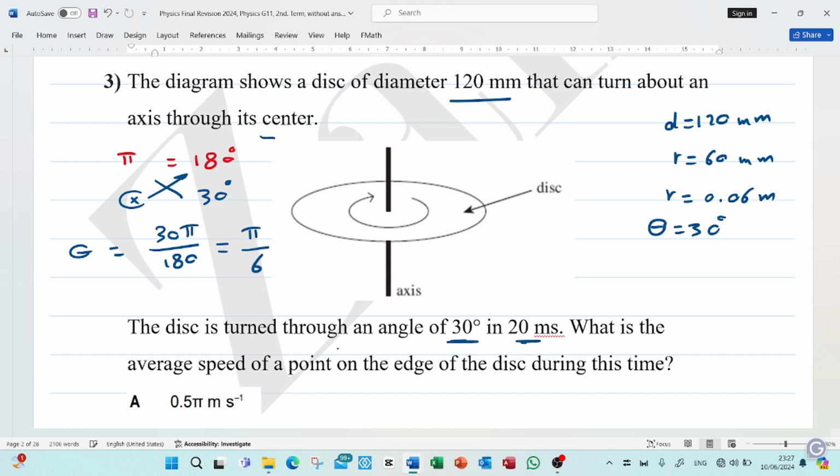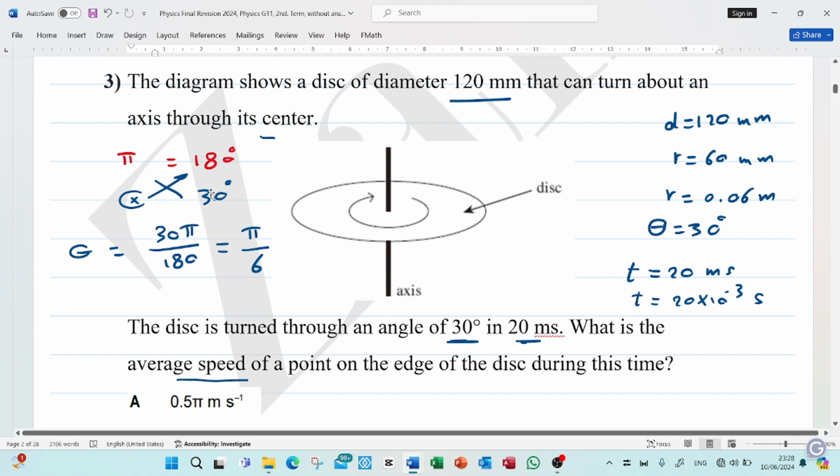In 20 milliseconds, the disk turned through this angle, so this is t small, not the time period, just t small. So t small, 20 milliseconds, we convert to seconds, 20 multiplied by 10 to the power negative 3, to be in seconds. What is the average speed? The average speed or the speed here,